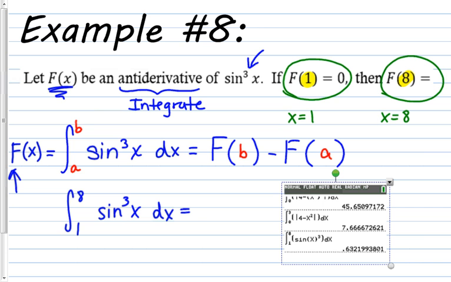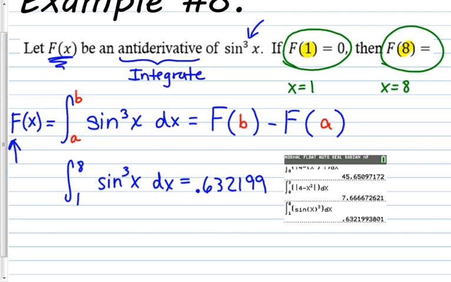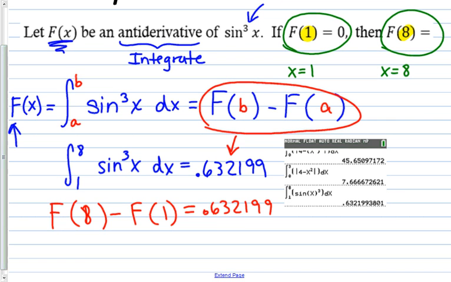All right, so my answer is 0.632199, and that's enough for all intents and purposes here. So this is what my integral equals. Now, according to what I said, this here is how I would get my answer. So f of 8, minus f of 1 equals 0.632199. According to this, f of 1 is 0, so f of 8 equals